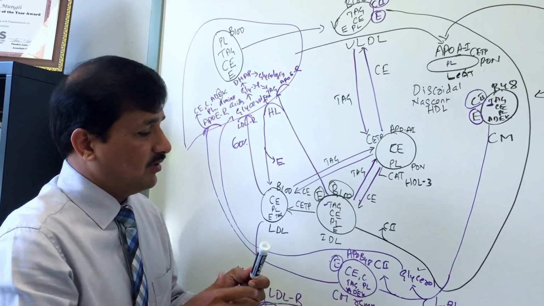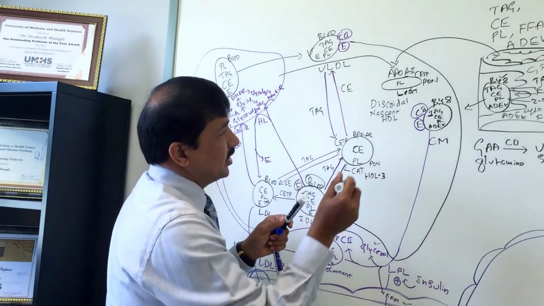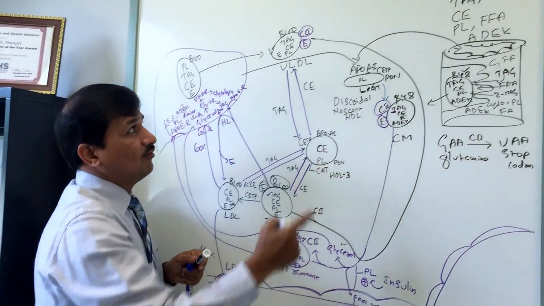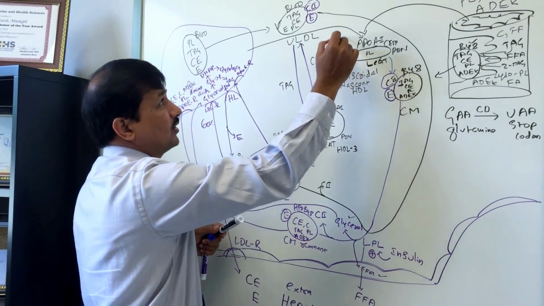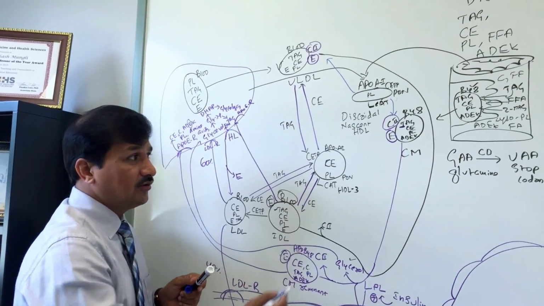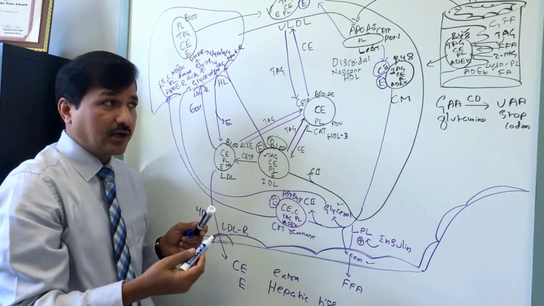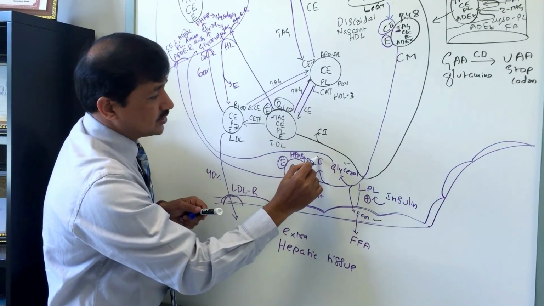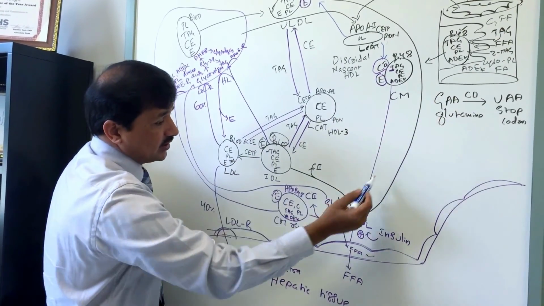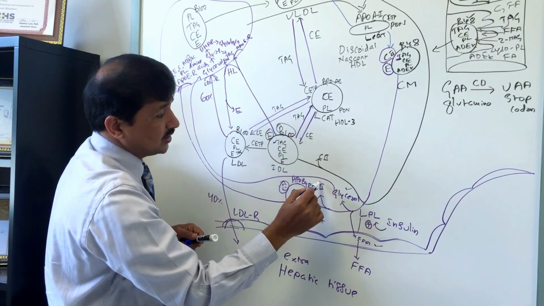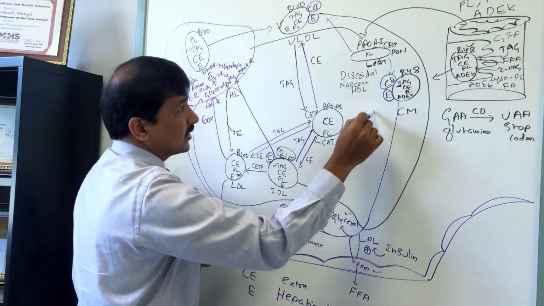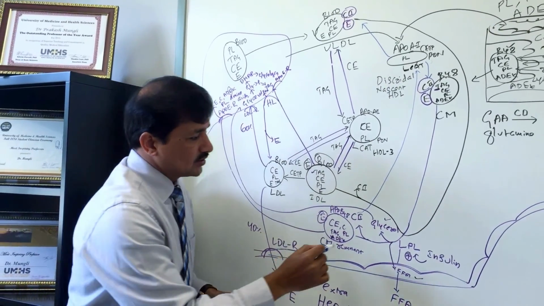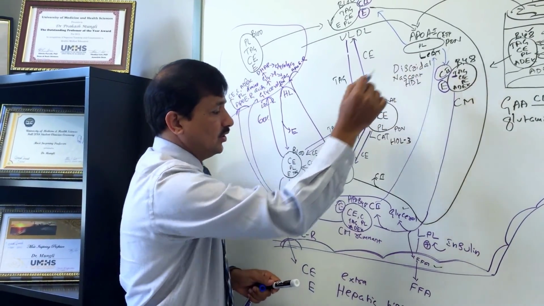like what we have seen before. I have said chylomicron is gaining ApoC2 and ApoE from HDL. VLDL is gaining ApoC2 and ApoE from HDL. Whenever these molecules release ApoC2 and ApoE, they all will come back to HDL. Like I am releasing ApoC2 here. When the chylomicron is converted to chylomicron remnant, ApoC2 is released and that ApoC2 will go back to HDL. When VLDL is converted to IDL, ApoC2 is released and goes back to HDL.